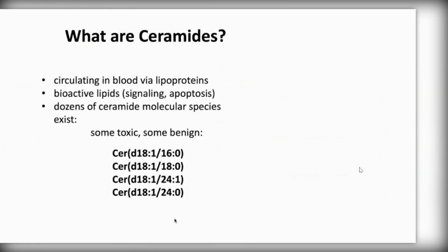So what are ceramides? Ceramides exist in the human plasma. They circulate in blood via lipoproteins. They are bioactive lipids, which means that in addition to their structural function, they act as signaling molecules, for example, leading to programmed cell death, apoptosis. In the human plasma, dozens of ceramide molecular species exist, and intriguingly enough, some are toxic and others are benign,